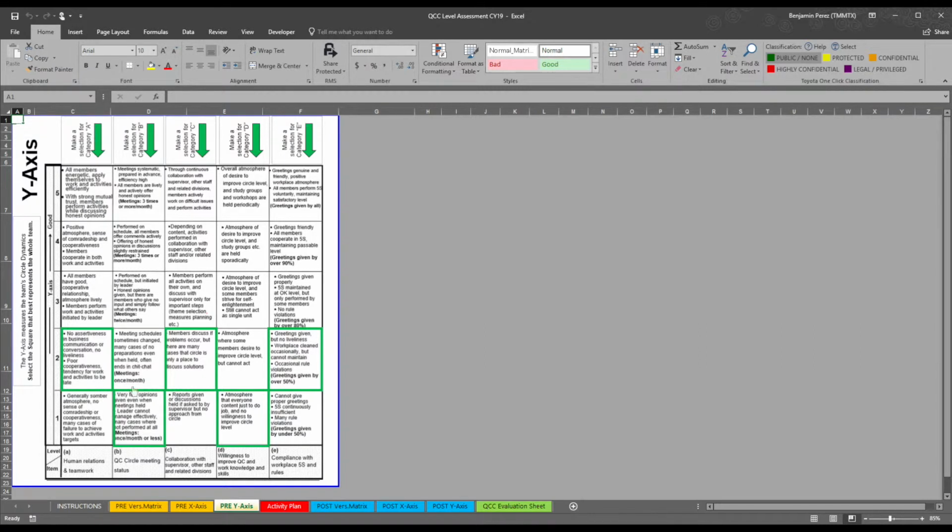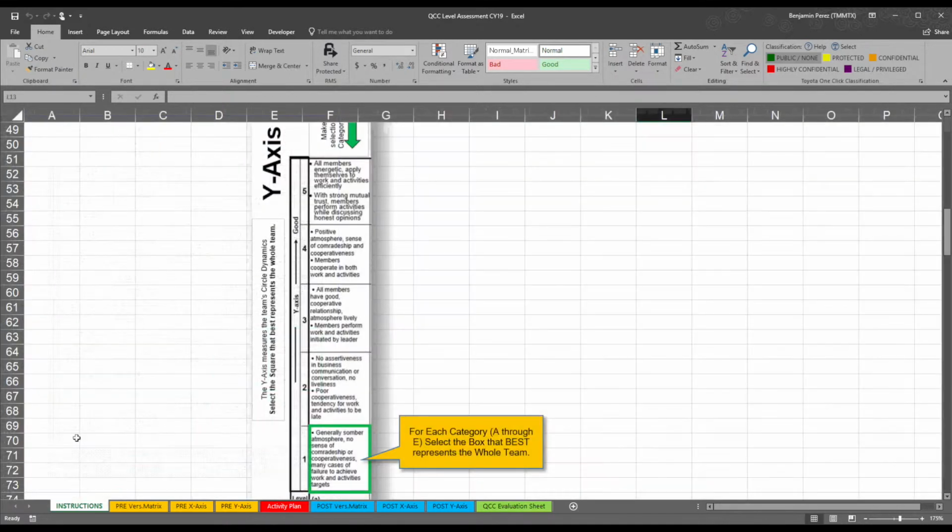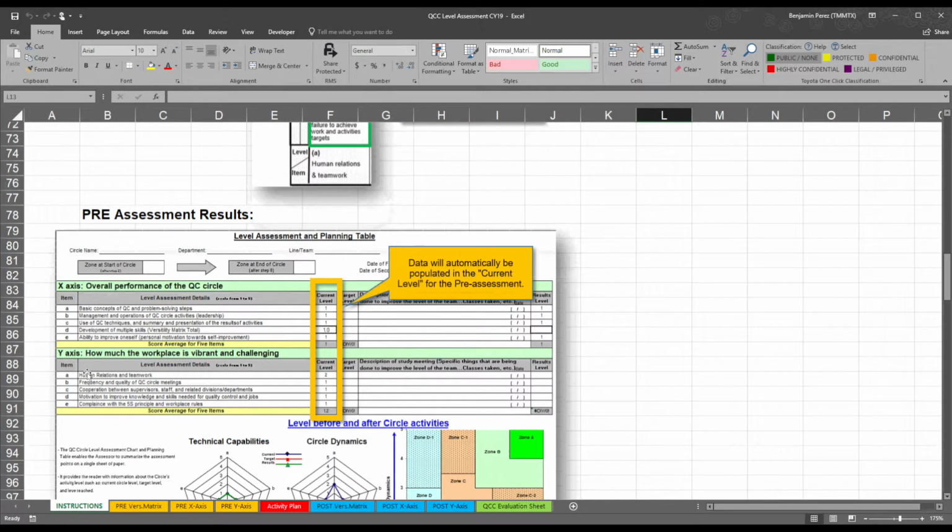And it's that easy. So here for this one, we selected for the A a score of a 2. For B, a score of a 1. For C, a score of a 2. For D, a score of a 1. And for E, a score of a 2. Now, looking back at the instruction sheet tab, I'll scroll down a little bit more, and we can look at